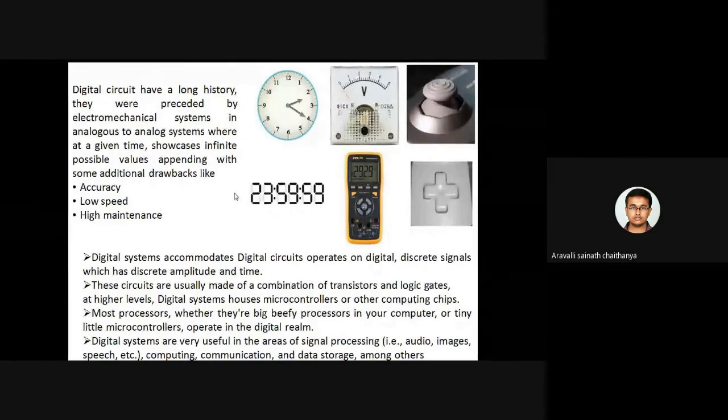So why are we going for digital circuits? As we have many drawbacks or disadvantages in analog systems, we prefer digital systems. In analog systems, the main drawbacks we found are accuracy, maintenance, low speed, throughput, and performance. All these factors are overcome by our digital systems.